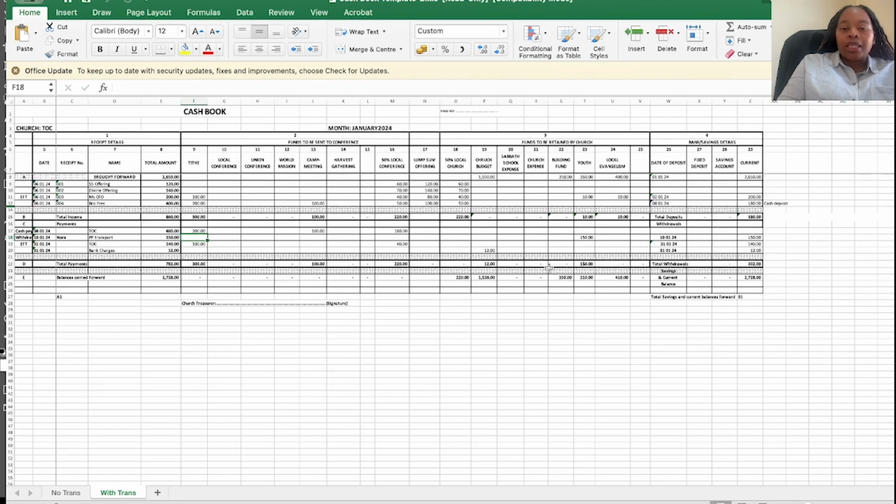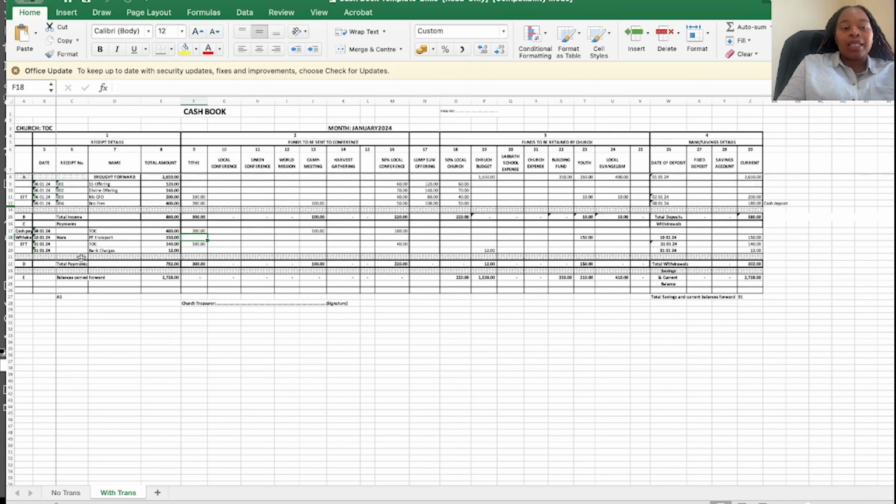They are the bank charges, and our bank is affected by the bank charges because the bank charges were taken out of the bank. So we need to update our bank. So we put the date 31st, because we make them a lump sum, 31st of January 2024. There's the 12 rand for bank charges. Now, we check all our EFTs from the bank statement. We record them in our cash book. In this case, we only have one EFT, which is Miss CFO. So we pay it back now to